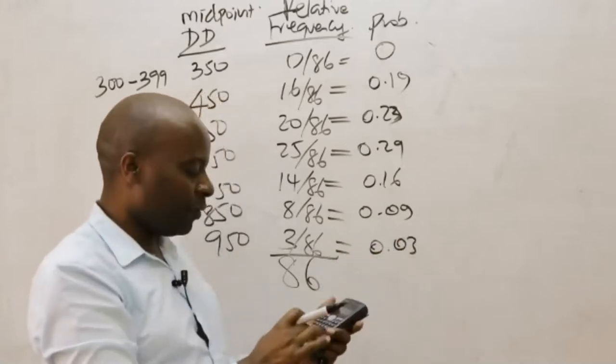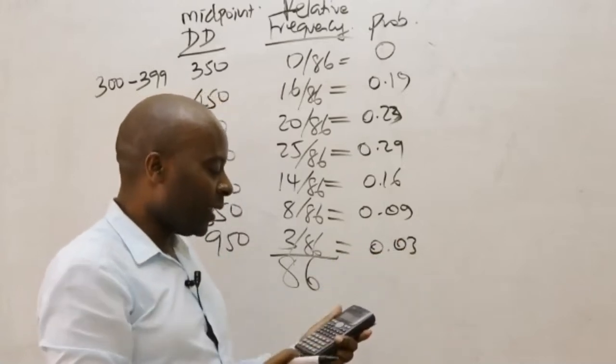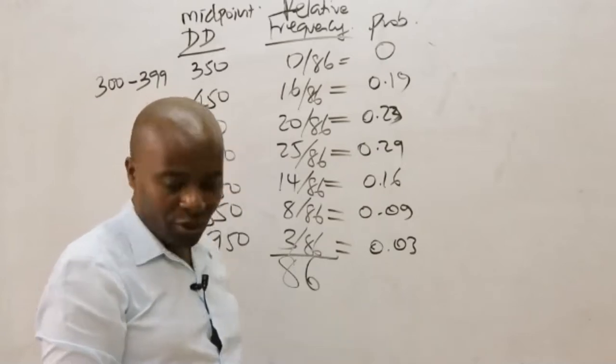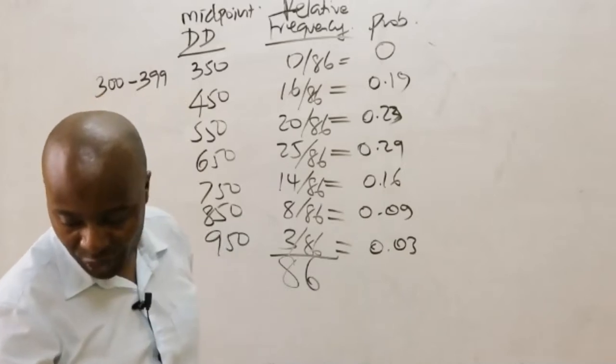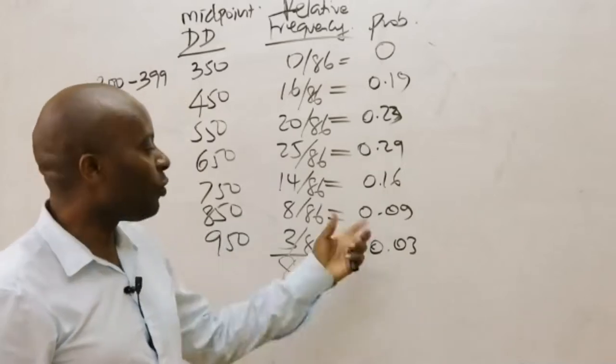So 3 divided by 86 is supposed to be 0.03. Thank you very much. Of course, because of rounding off errors,